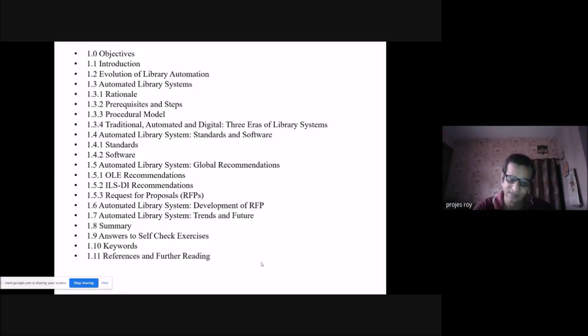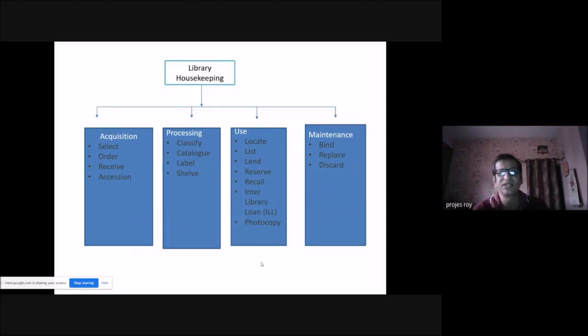further reading. So when you think of library automation, you must know that different kinds of work jobs are there in the library. Specifically, automation is normally done in the housekeeping operations of a library. So before automation, the most important aspect is that your manual work should be clean, clear and in a very methodical way. If you do not do the manual work in a methodical way, you cannot apply a computer on that, because